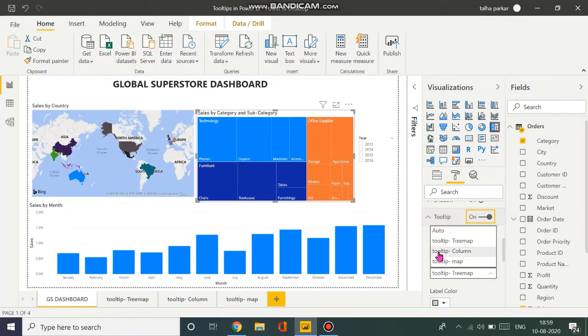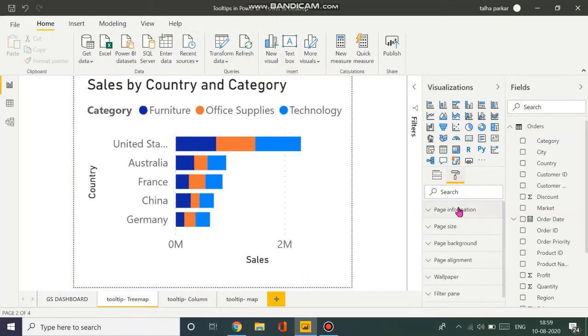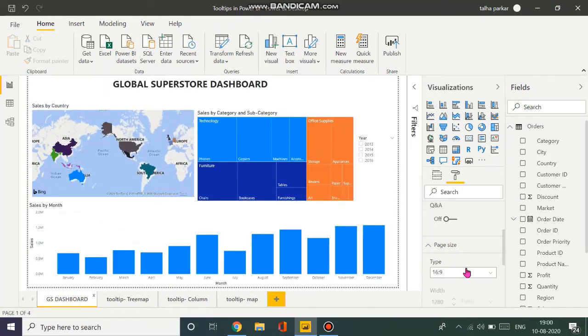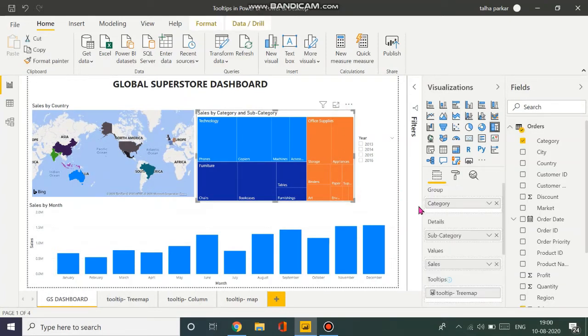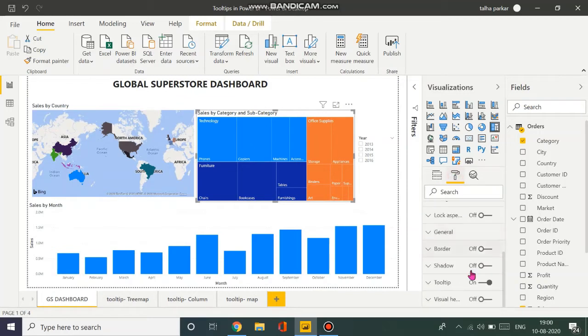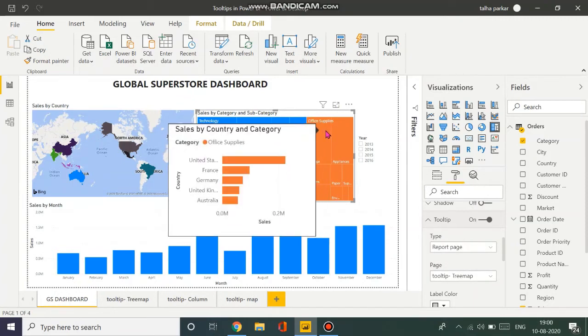The second page is visible as a tooltip only because I changed the settings like I showed you previously. I'm talking about these settings: in page information, turn tooltip on, and then go to page size and select tooltip. So it's only available here because I made that a tooltip. Now I was in the tree map visual. Go to format, scroll down. Tooltip is on. Within tooltip, you select tooltip tree map, and now when I go to my visual, I can see